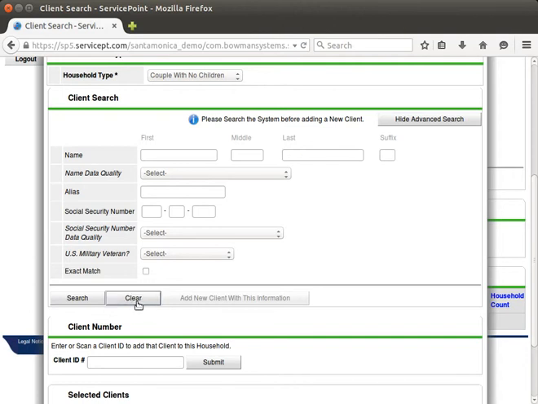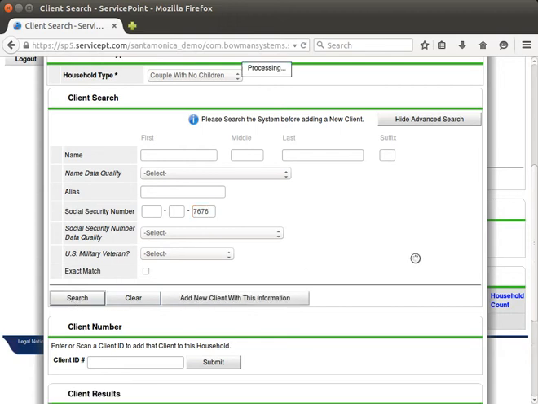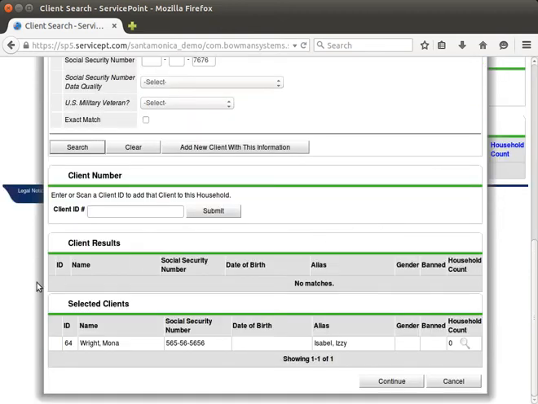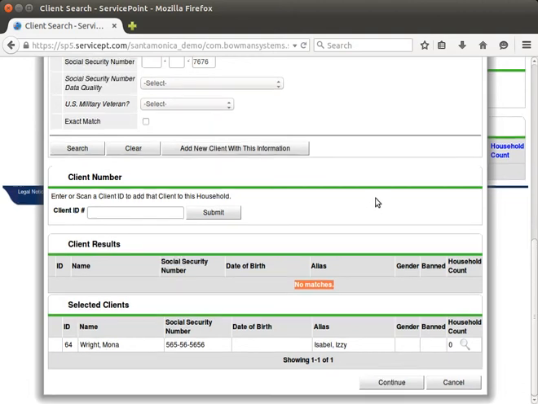So I'm going to clear this out. I'm going to go to the social security number field and do my same partial search for social security number and see if I get any results. Click on the search button. Again, if I get any results, it shows me which clients I already have in the household. I got no matches on the social security number,